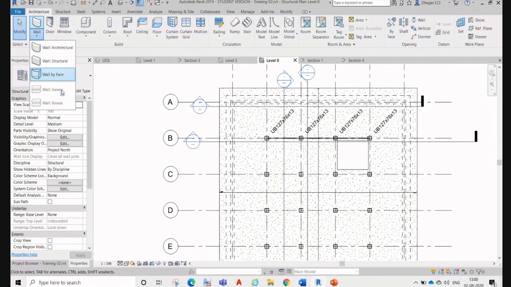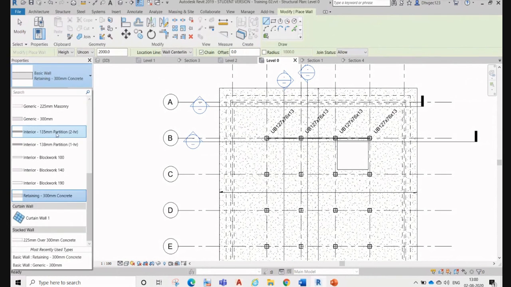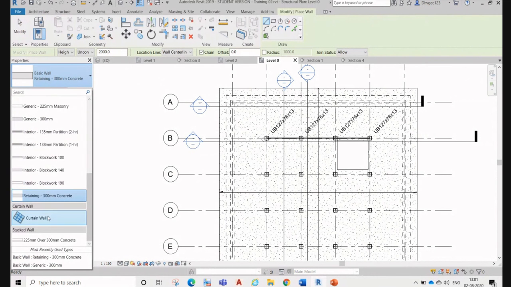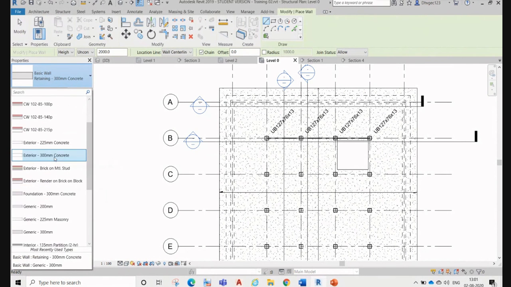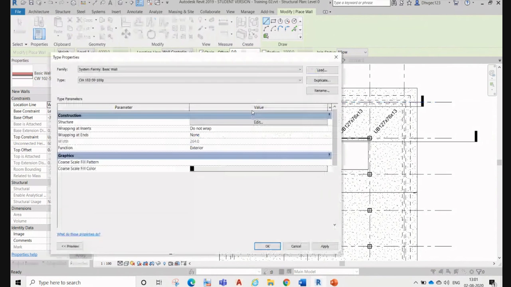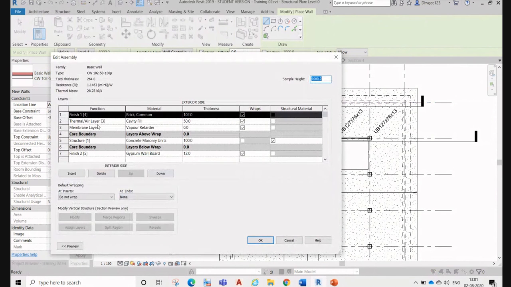We can say, let's see, architectural wall. Then you will see over here many types of walls. First we'll select this. What is this? You can go and just check. Brick finish, so this is a brick wall.